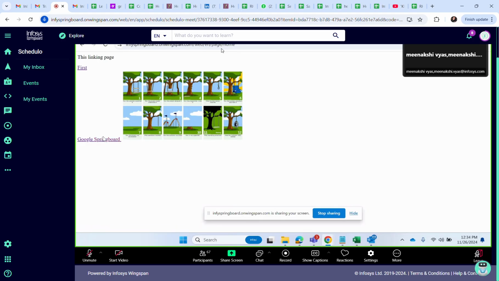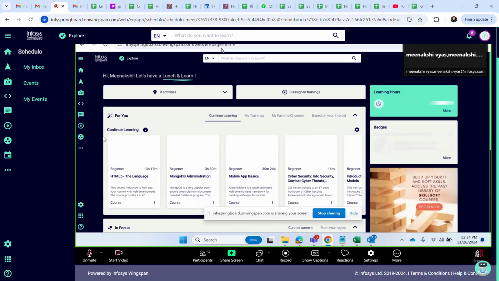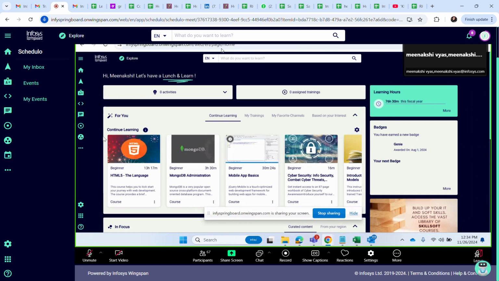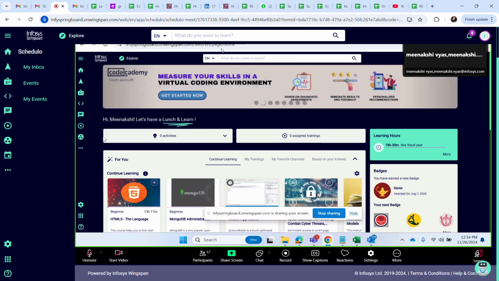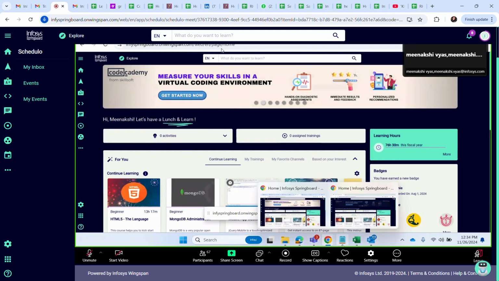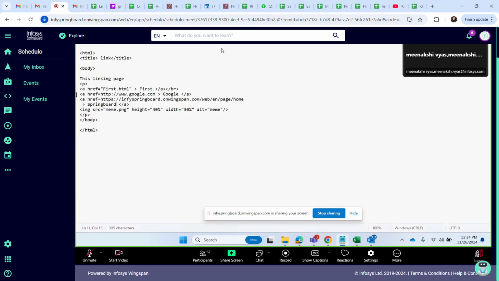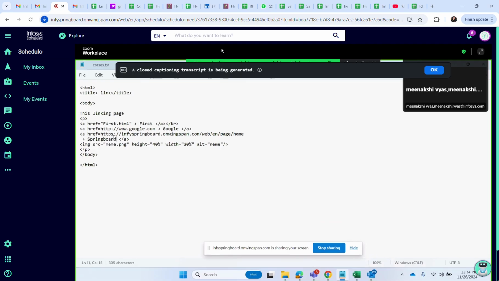Springboard is also coming. If I click here, I can open this, right? So there are two ways. Either you can copy the link from the browser, or if you want to give the domain address directly, you must write http or https. Both will work, right? See, https, http, both will work.